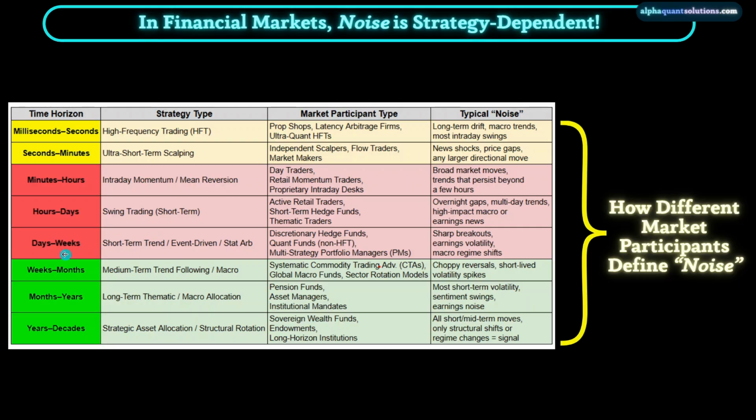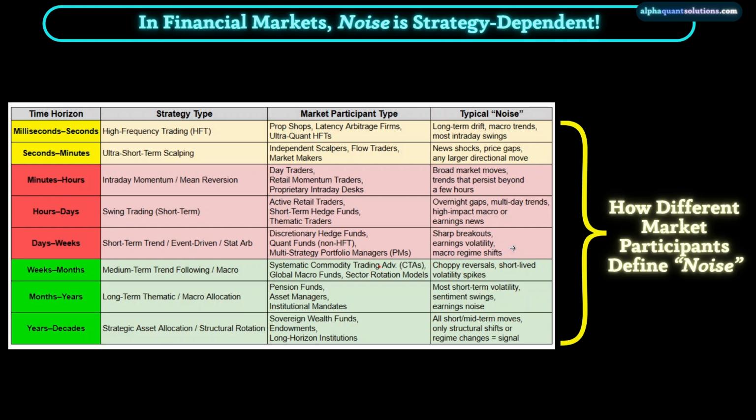Next, for strategies going from a few days to a few weeks, and here we'll find a lot of the discretionary hedge funds or quant funds. What we can say about the noise here is that for these type of strategies, sharp breakouts or sudden earnings volatility can feel random, and also macro regime shifts can derail otherwise well-behaved price patterns. Here again, we have the presence of two types of noise. In this case, sharp breakouts and earnings volatility can be qualified as high-frequency noise, whereas macro regime shifts can be